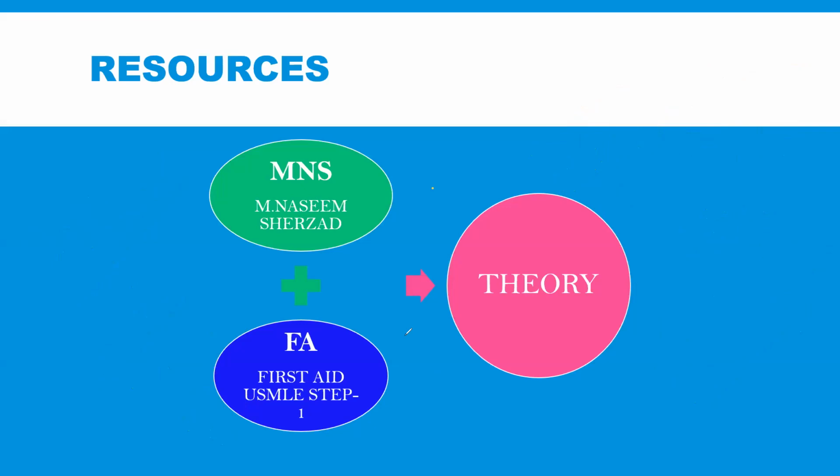And these two books are covering everything for theory. You are not supposed to go, because I personally understand that if you use multiple resources like Snell review, BRS physiology, and BRS pathology, it will be difficult to revise these multiple books in the last few days. So that's why I recommend these two, and these are more than enough for your exam.